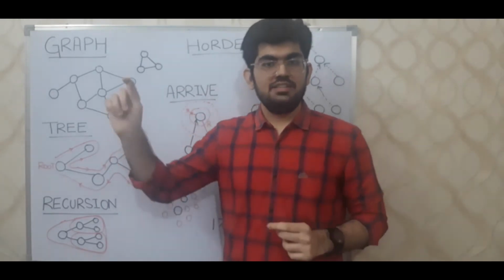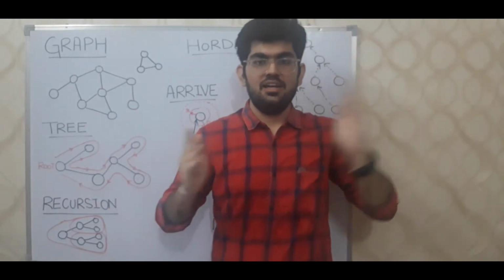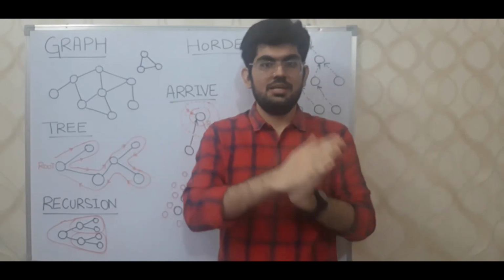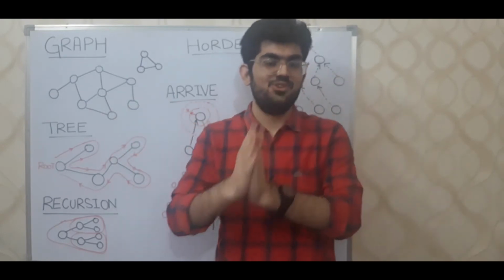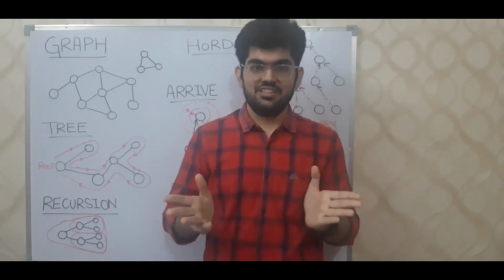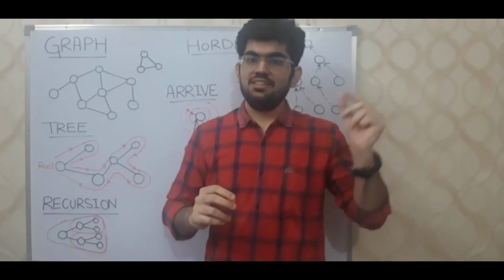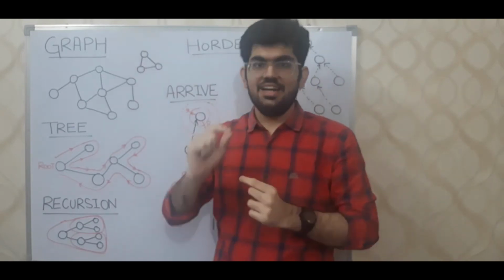Now factorial of 1 is equal to 1, so we get 2 times 1 and we keep opening the brackets that we had. 2 times 1, 3 times 2 times 1, 4 times 3 times 2 times 1 and 5 times 4 times 3 times 2 times 1. Now this is a very basic implementation of recursion on a very simple problem. All in all, what we are doing is we are calling the same function again and again inside a function.